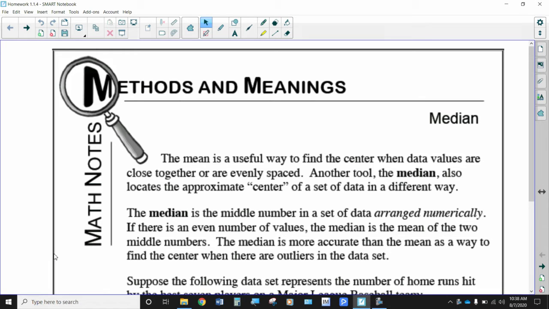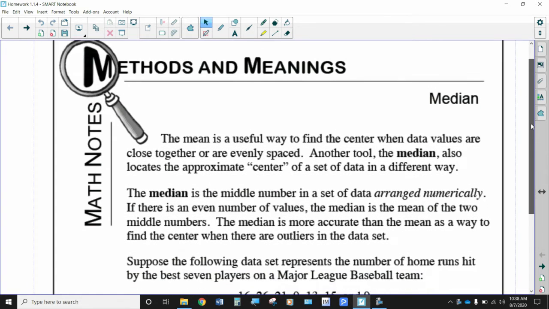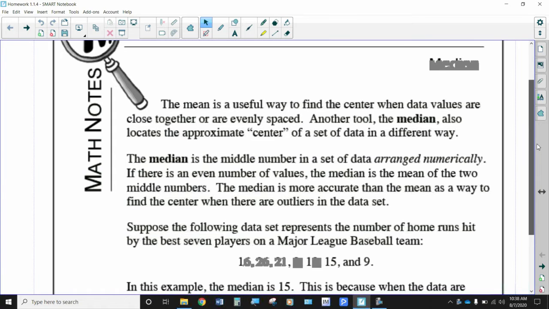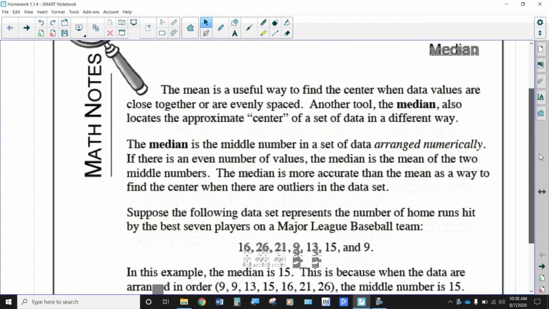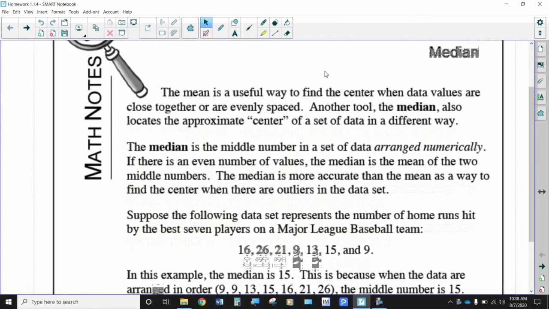All right. Yesterday, or in the previous homework, we covered the mean. In this homework, our notes are centered around the median. Now, the median is great to find if you do have outliers. If there's an outlier in your data, sometimes that outlier will skew the average when you're finding the mean. So the median, the number in the middle, is a way to mitigate that kind of skewing that could take